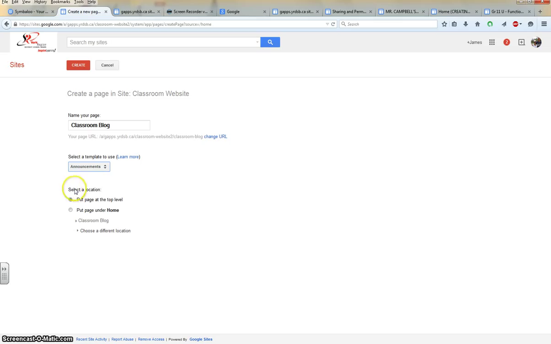And down here they ask you to select a location. Either put the page at the top level or put the page under home, which basically means that putting it at the top level on the menu on the home page at the sidebar, it'll put it at the same location as your home page menu item. If you select this one, it'll put it as a subheading to the home page. So we're going to keep it as a top level setting, and so when you press create,